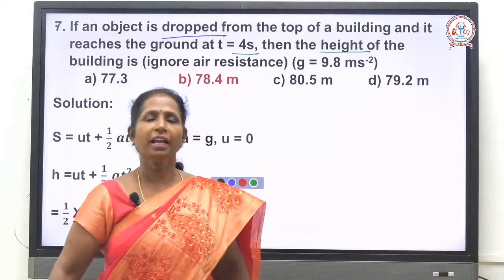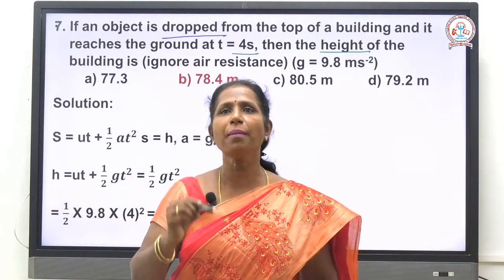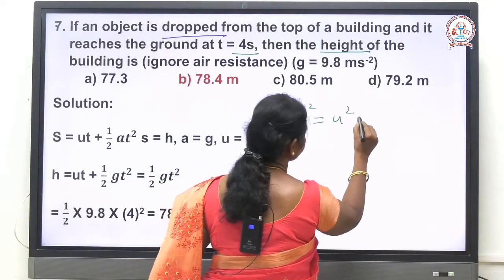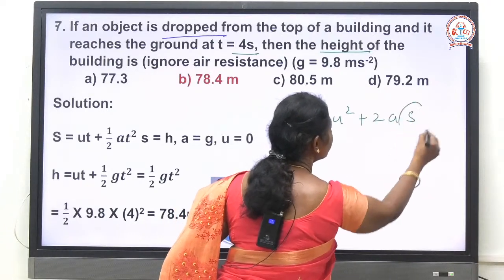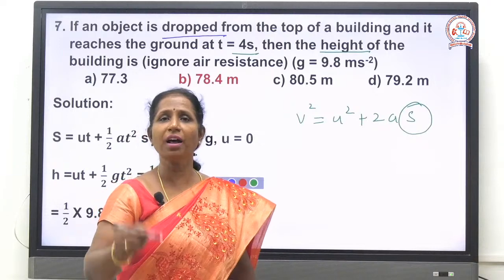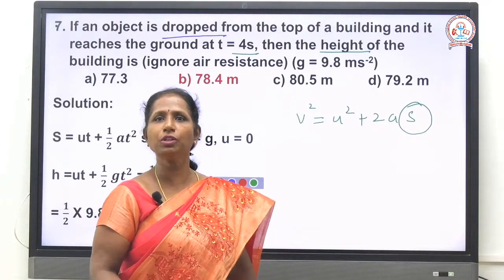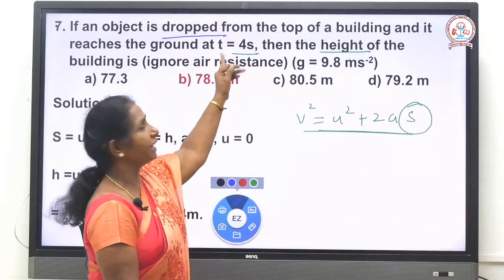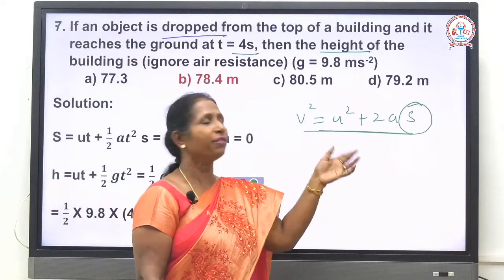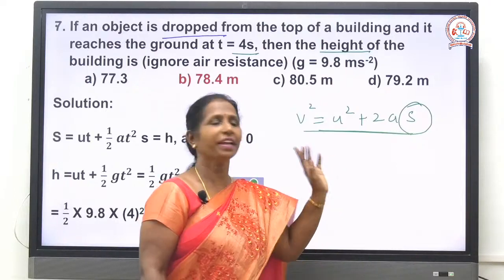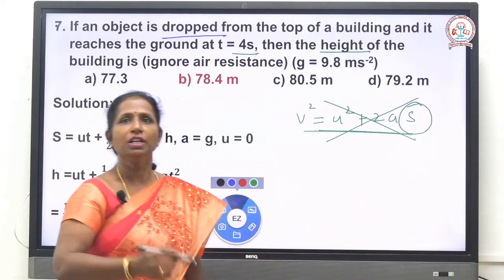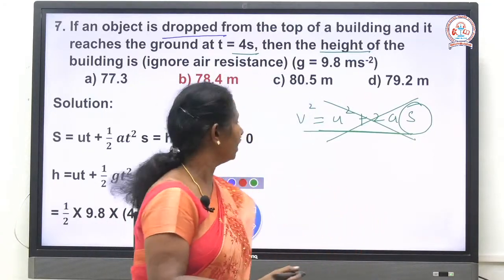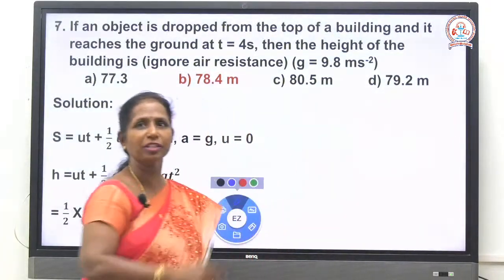H we must calculate, so you must know which formula must be chosen. The formula v square equals u square plus 2as also has s, so we could choose it for calculating height. But we are not able to choose it here. Why? The time term is not there, though time 4 seconds is given, and we don't know the final velocity. So which formula contains s as well as t? That formula we must choose.